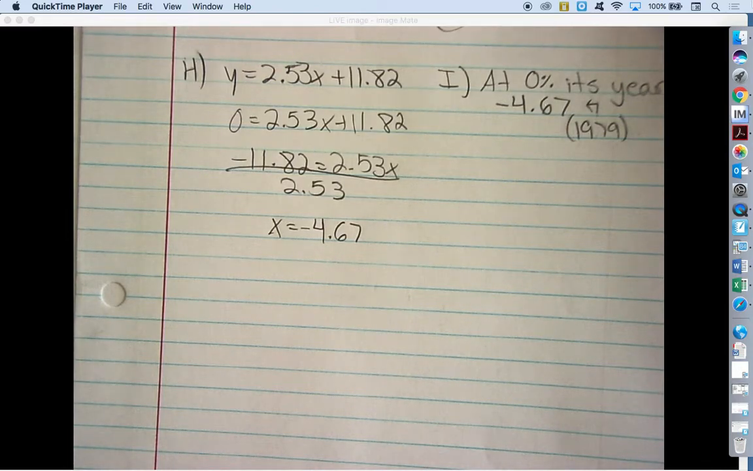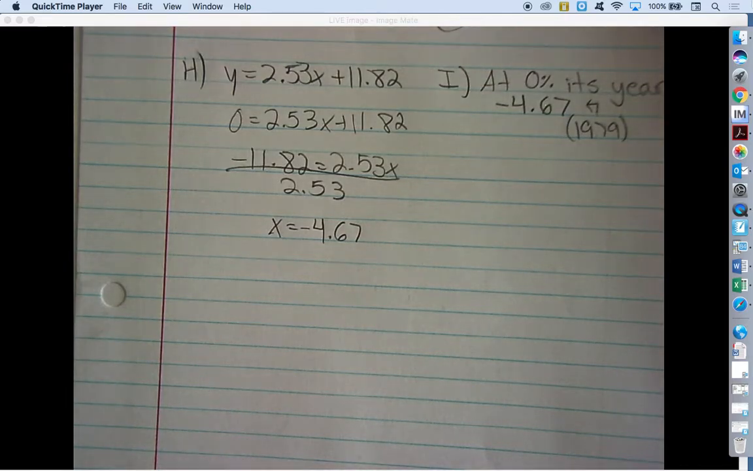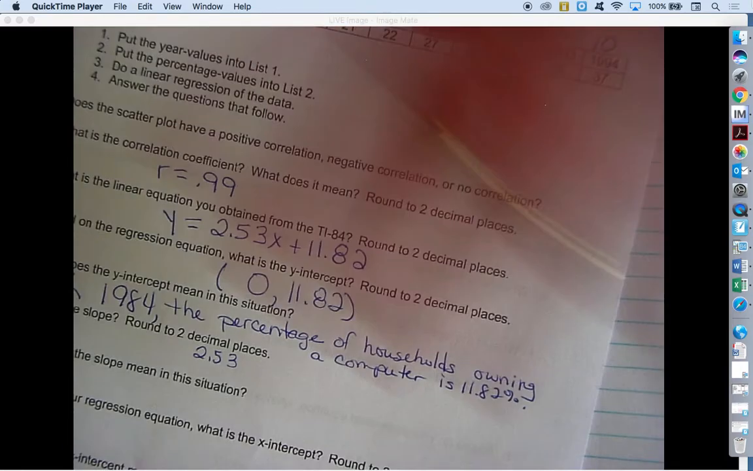All right, so 1979, make sure you got that year. You understand where that year comes from. It's because we're going backwards in time a little more than 4 years. Any questions with H or I? Nice job, Abby. The last two questions there say, according to the model,